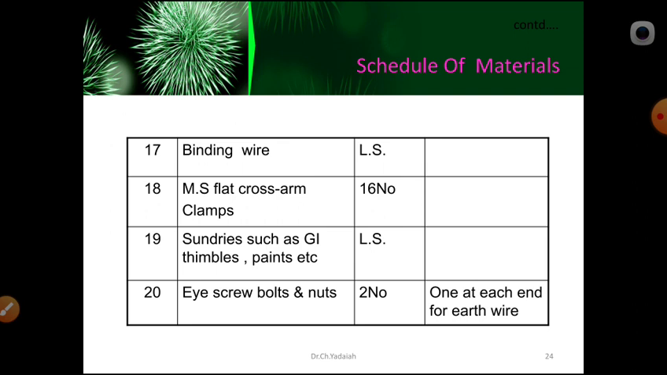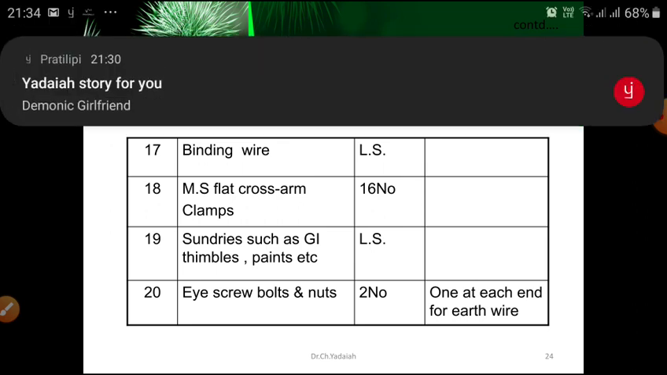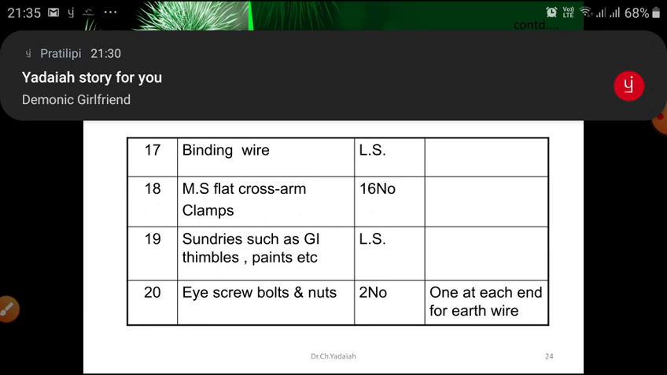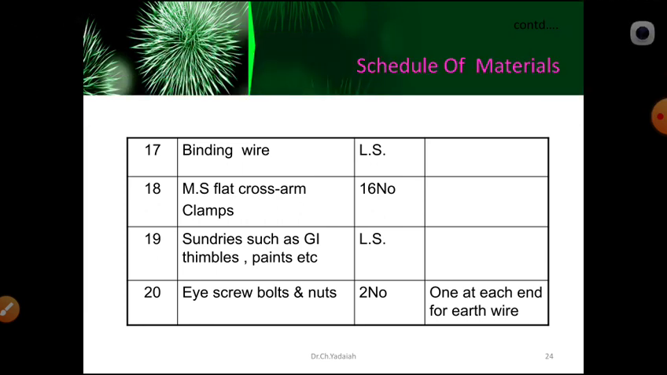Number of danger plates, number of cradles, number of stays, and the stay set you already know. So these are the procedure to do the calculations for measurement of estimation of 11 kV lines for a given length. I think you understood the procedure. Then let us see another